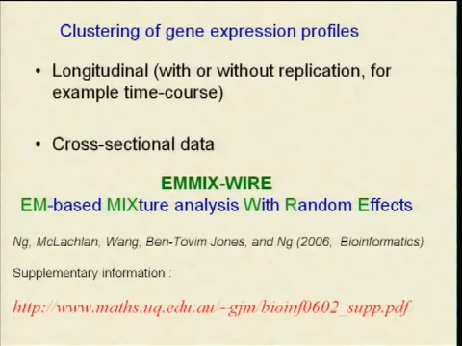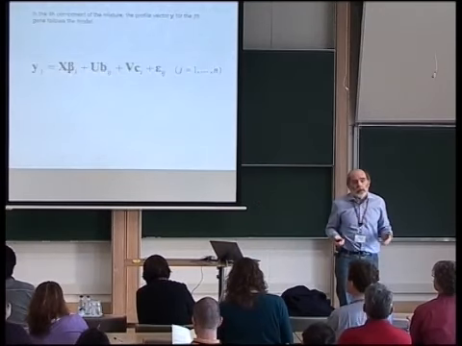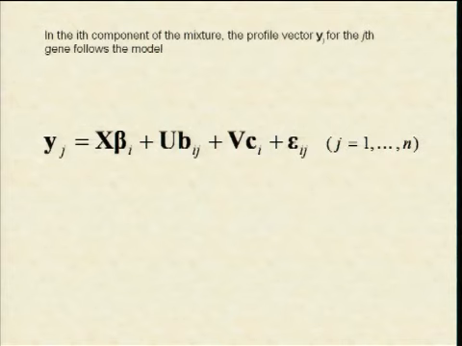And this came out last year, or 2 years ago now, in a paper in Bioinformatics. And basically, we fit a mixture of linear mixed models. We've got these fixed effects terms here. So in what the last speaker was talking about, time course data, you could have a sinusoidal curve here by putting in sine and cosine functions in there. But we've got these random effects terms, and this random effect term here is to allow